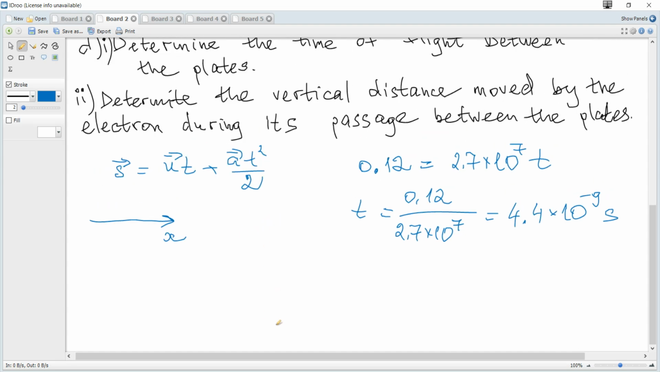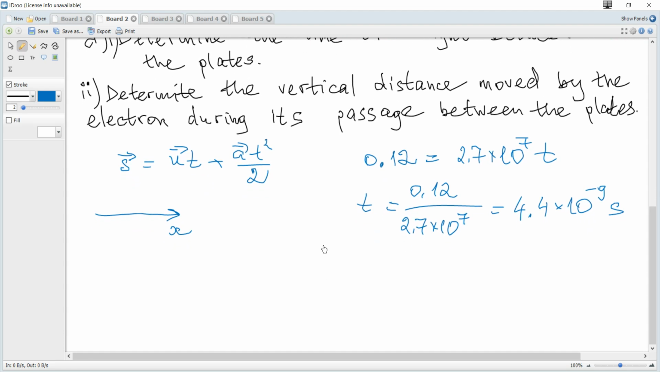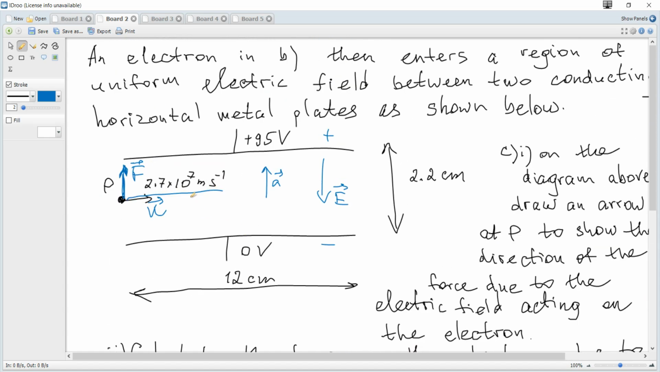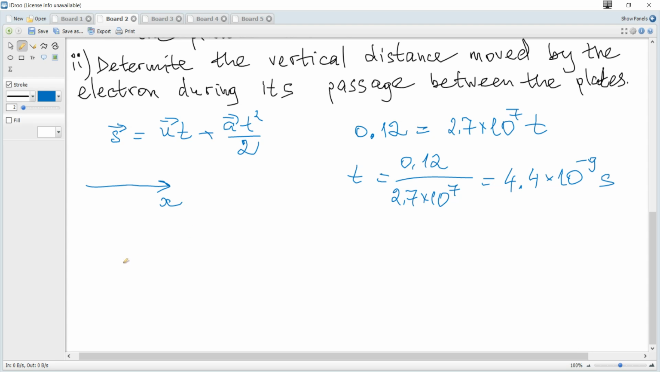Okay, next, determine the vertical distance moved. So it has some parabolic path, and we need actually the vertical displacement. And we can apply the same formula, but in projection on the y-axis. Let the y-axis be positive, direction upwards. So the displacement required, we calculate it, is ut, the vertical component of the initial velocity, and